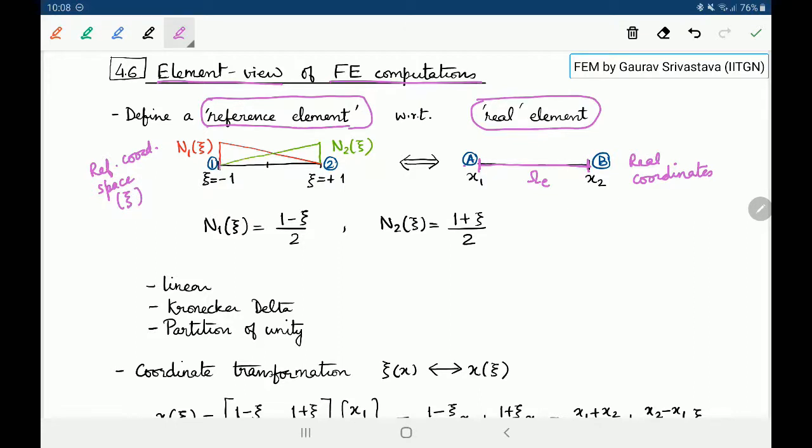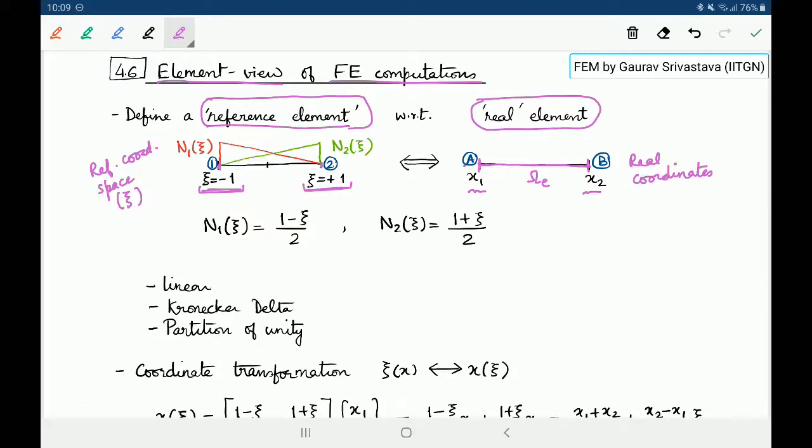So this lies between node 1 and 2, and we say that node 1 will always have a coordinate psi equal to -1 and node 2 will always have a coordinate psi equal to +1. So basically the reference element always lies between psi equal to -1 and psi equal to +1, whereas the real element lies between coordinates x1, x2 or x2, x3 or whatever in the real space. Okay. Now in this setting,